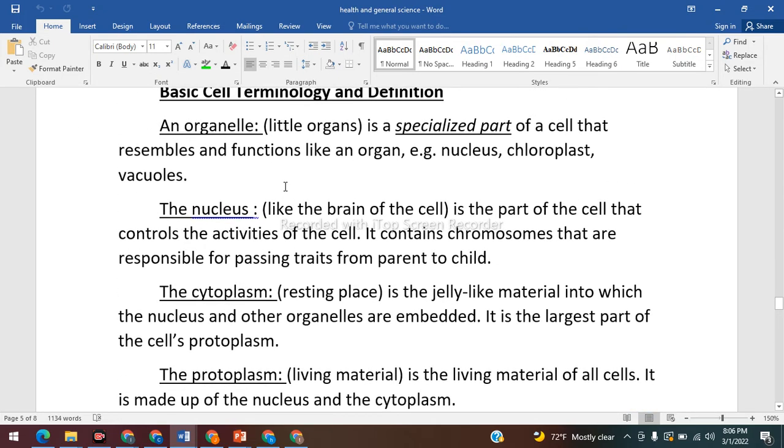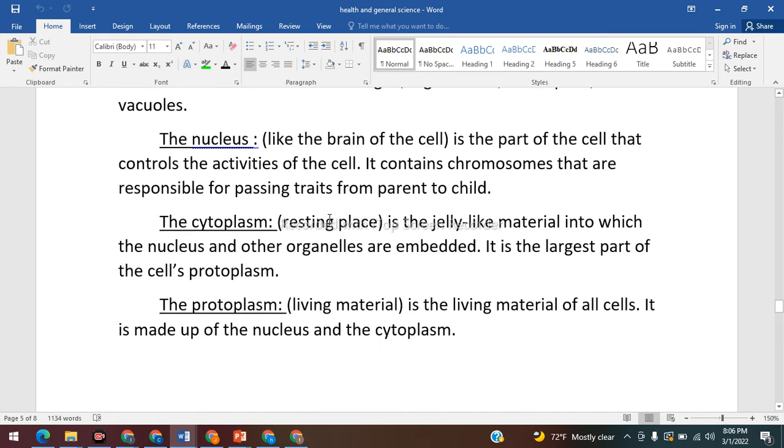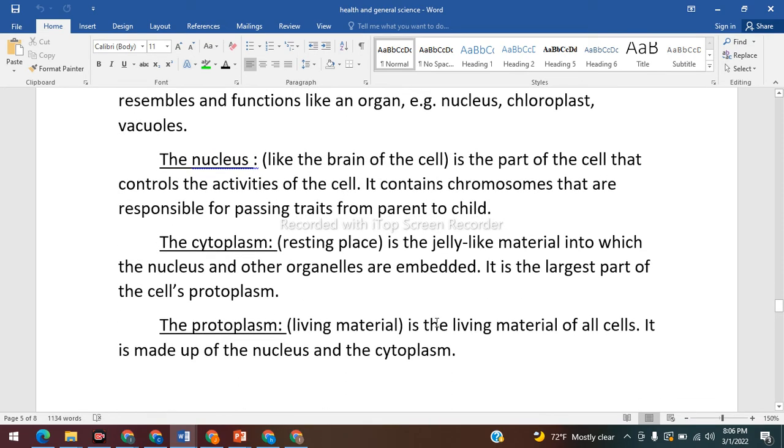Next up, we have to continue our journey in the cell, and so we're going to finish up with these definitions. The last thing we left off with was protoplasm, and so we still have two more, I think, and then we're going to move on. Okay. The next thing we're going to talk about is that we have three more for the cell, and then we're going to do something else in general science.